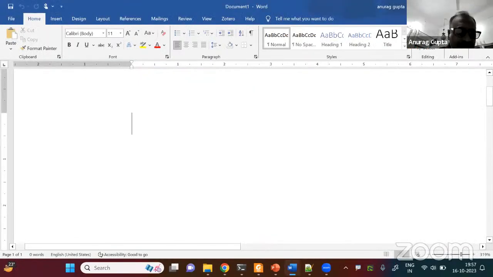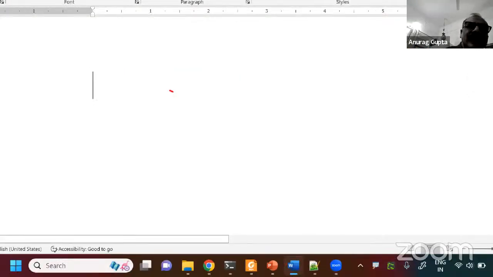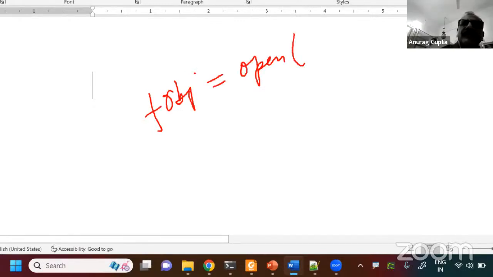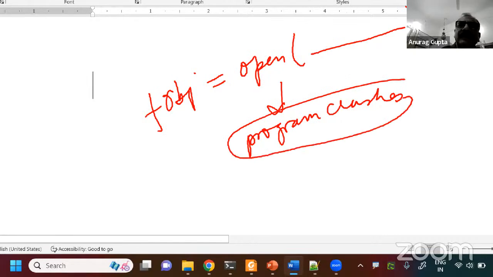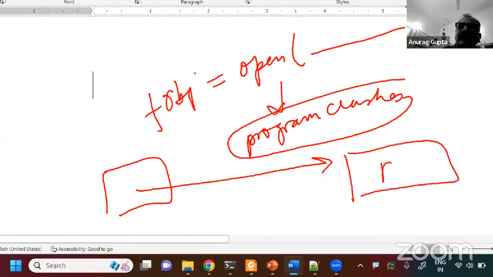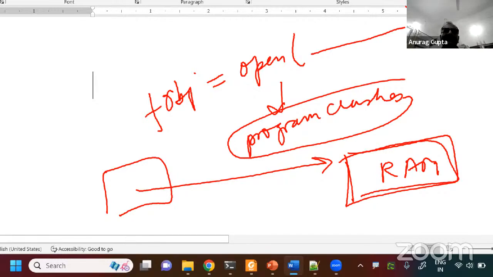However, there's a problem here. Suppose I do f object is equal to open some file, right? And then just after this, my program crashes. So what happened? The data from the hard disk which has gone to the RAM is there in the RAM, but since the program has crashed, the Python interpreter is unable to reclaim it. Therefore, I would like to work in a way so that, God forbid, should my program crash,